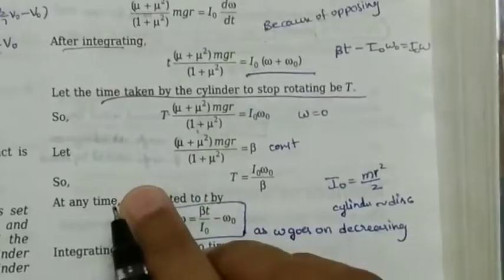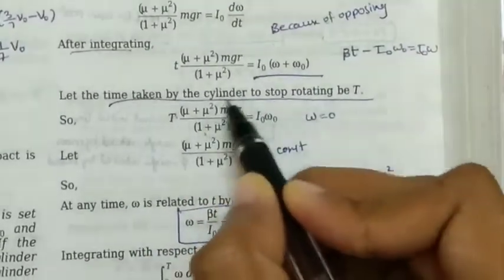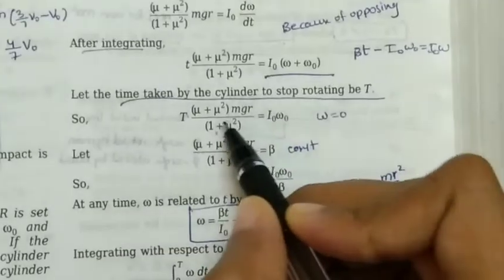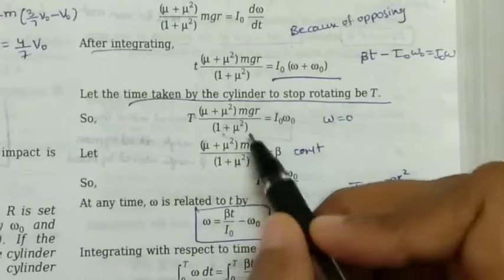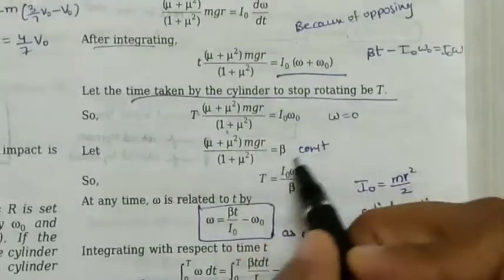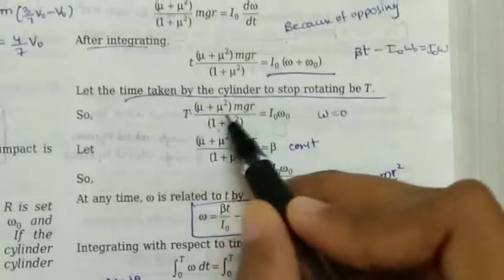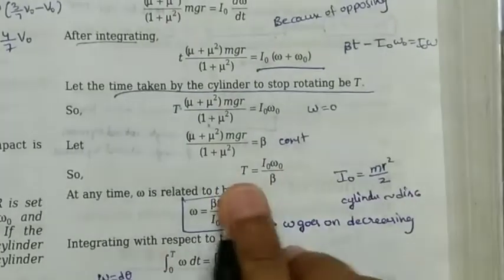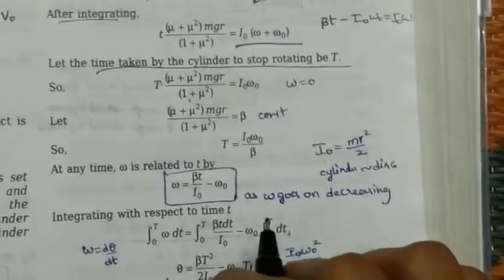And next, this entire thing, mu into mu square ngr by 1 plus mu square, is a constant, so that is taken as beta. So this entire thing is beta. So T beta is equal to I naught omega naught, that is T is equal to I naught omega naught by beta. So at any time omega is related to t by